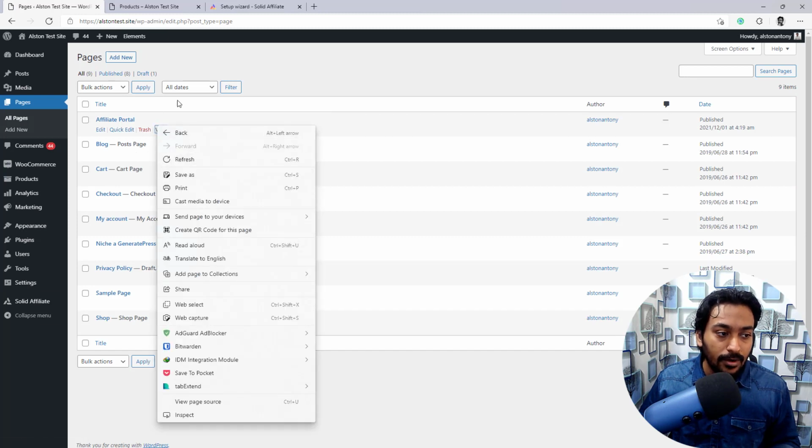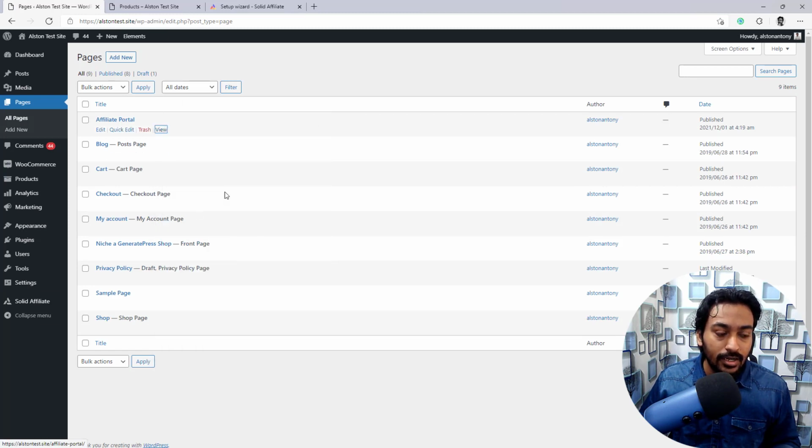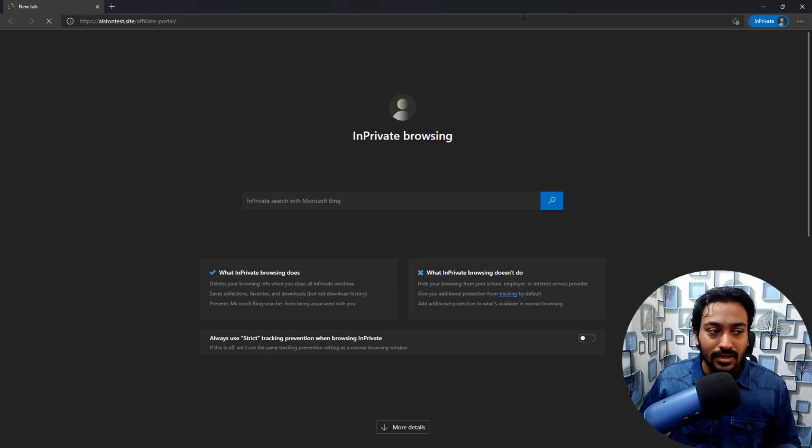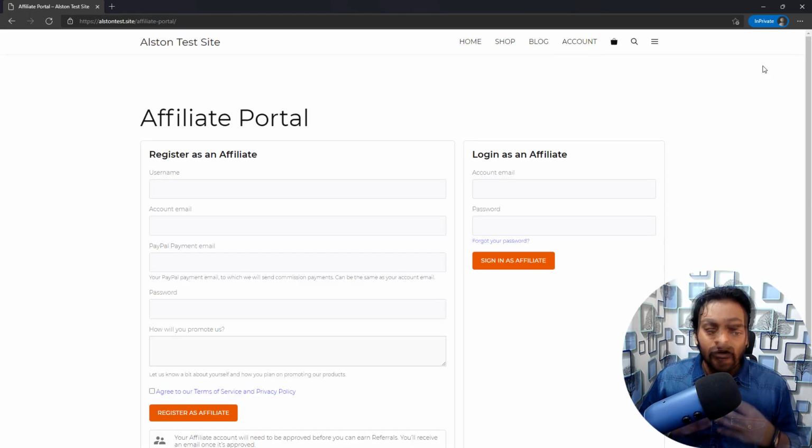Let me open it up and show you how this will look for a new person, so you can get a better idea of what kind of data or view a potential affiliate will be seeing. Now we have created the basic setup for the affiliate program. Now let's see examples of how registering an affiliate or the login process of the affiliate works.